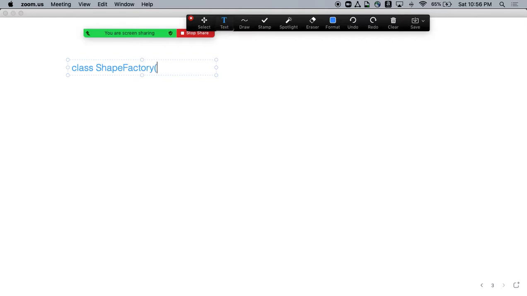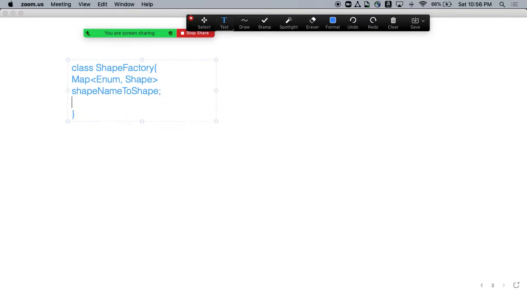So we will create something called ShapeFactory, and inside the ShapeFactory we can create a map of enum to Shape.